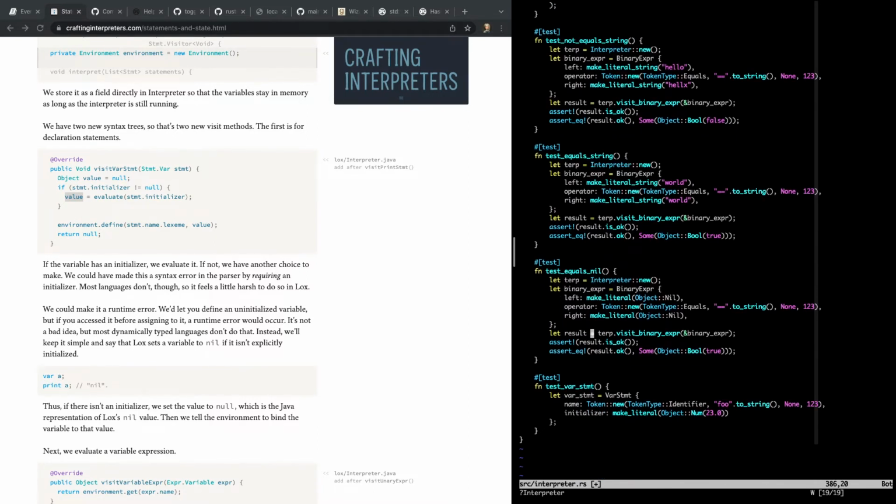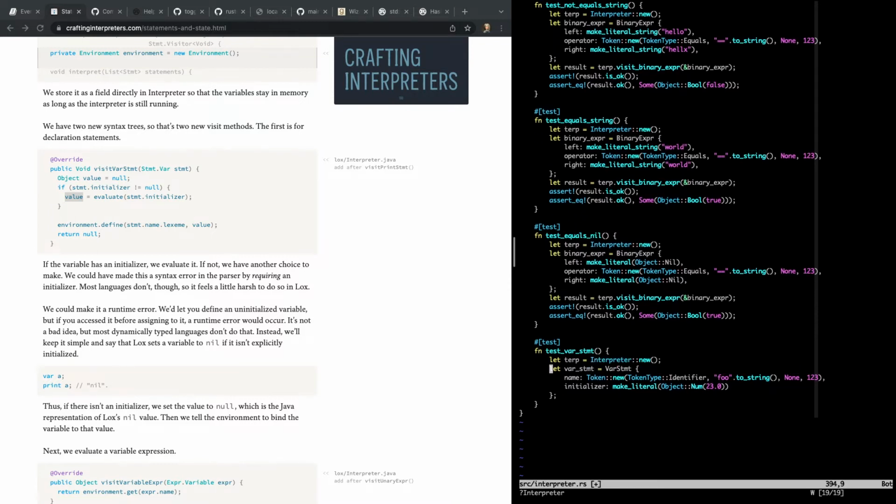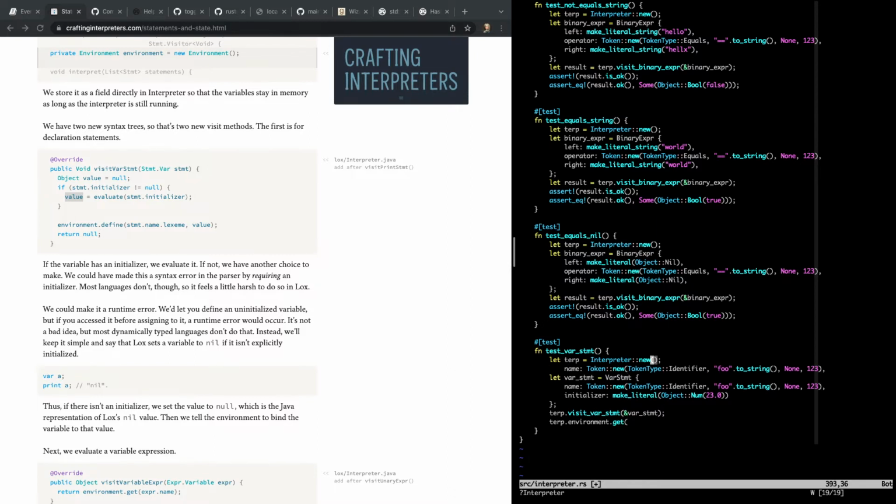So let's grab that line, put it here. And now we can say terp.visit var statement of var statement. And then we should be able to say terp environment get. It's kind of cheating, right? But let's create this as a token type out here so that we can use it in more than one place. Name.dup